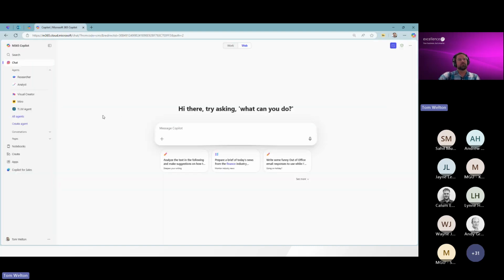So what I'm going to do is pull up just Copilot. And just to show many of you that maybe aren't familiar where we're at, I'm on the web application. If I were to click on the work version of Copilot, that would point a little bit more into my company, my documentation. But over here on the side, you may have started playing around with some of these things called agents.